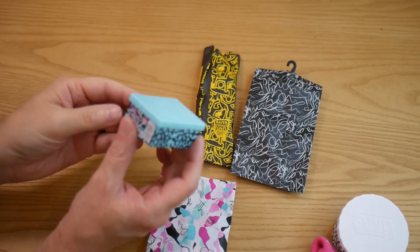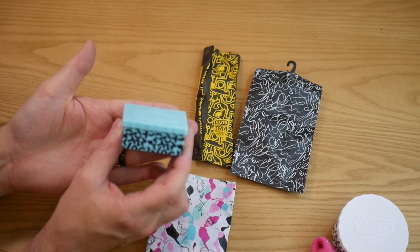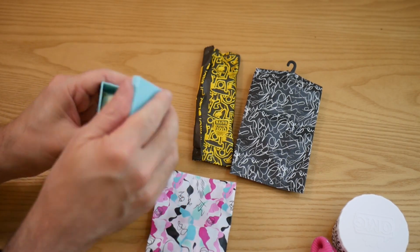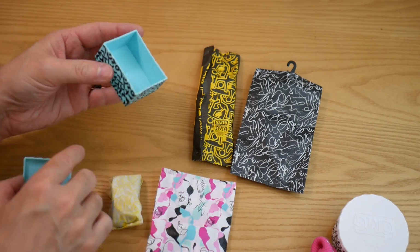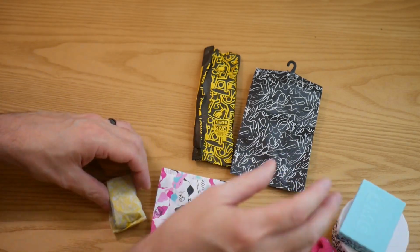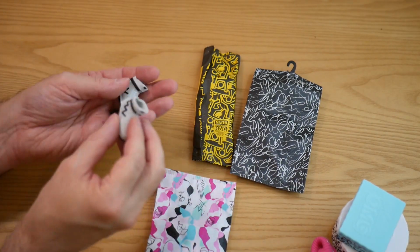So this is a shoe box. I'm presuming there's going to be shoes in here. Everything, of course, is in tissue paper, which is quite nice. So yeah, he's got a pair of